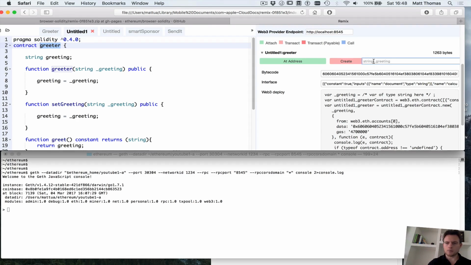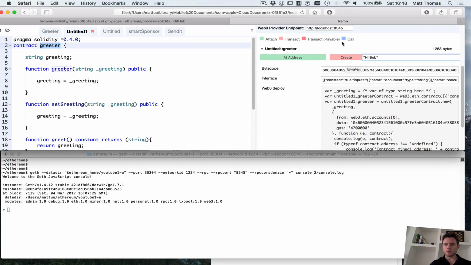So if I say, and you have to use double quotes always, so let's say, "hi Bob", right? When we click this create button, what's going to happen is that it's going to create an instance of this contract, and it's going to send it to the Geth instance running at this address, which is the one I've just created down here, right? So if I do this,